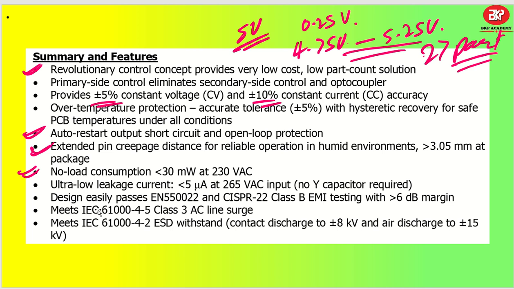We can see the design easily passes EN 55022. So this is the standard that is required for your power supply designs or adapter or charger designs, and it also meets CISPR 22 class B EMI testing, okay, with more than 6 dB margin. And it also has the capability of AC line surge, okay? So that is IEC 61000-4-5, the standard for line surges, and it meets class 3,